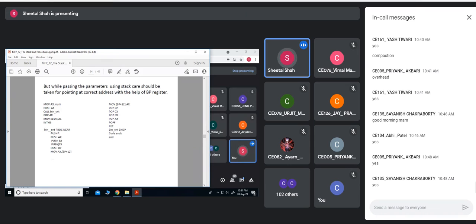This is done because in the procedure we are reusing all these registers, and if we are reusing them, it might be possible that the content of the registers would be modified. So to retain my register values intact while coming back to the main program, we are storing them in the stack by PUSHF, PUSH AX, PUSH BX, PUSH CX, etc. Even SI, DI, all of them can be pushed. So this is just an example of how it is pushed. Okay. So we are also pushing the current value of the base pointer register. Fine. So now what happens, let me.